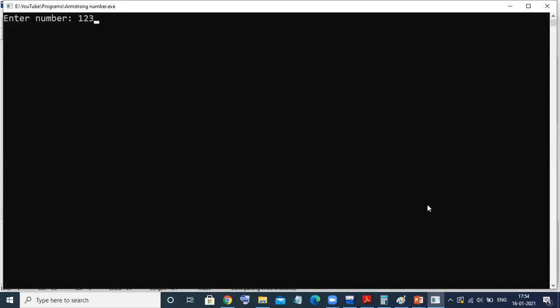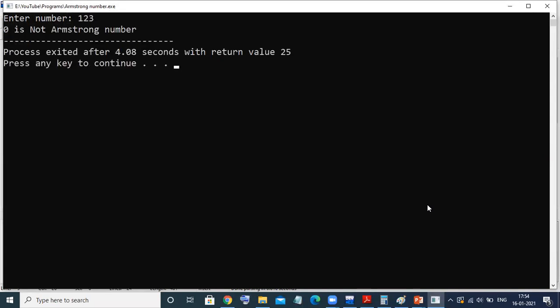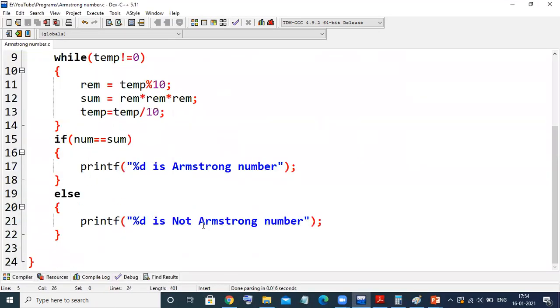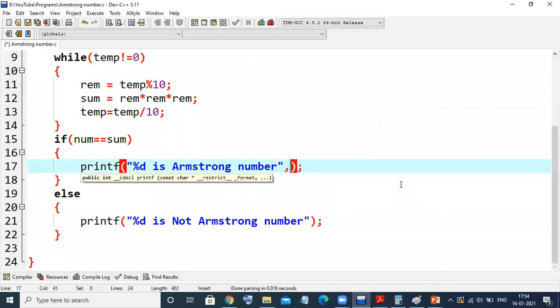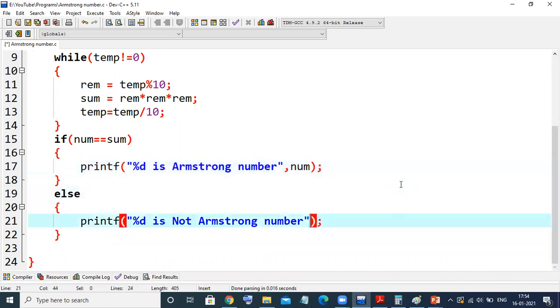Enter a number. First of all, we'll try this 1, 2, 3 only. So you will get 1, 2, 3 is not Armstrong number. Sorry, what am I doing here? I need to take num here. Yes, so comma num I should take.